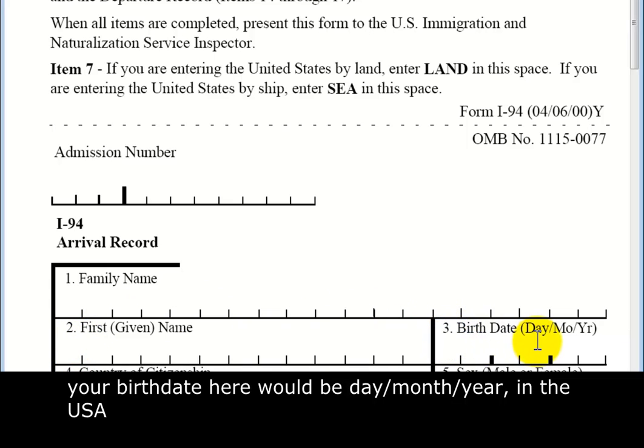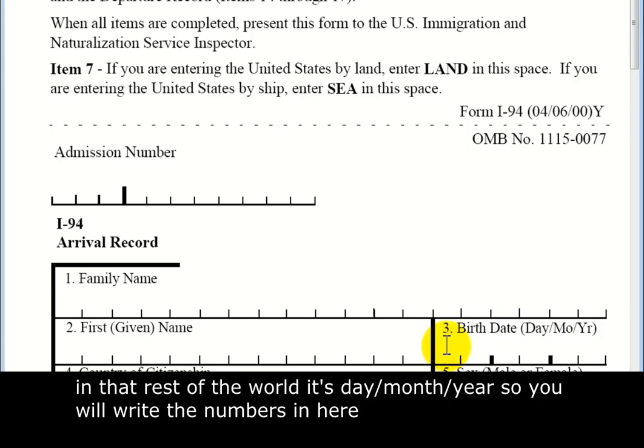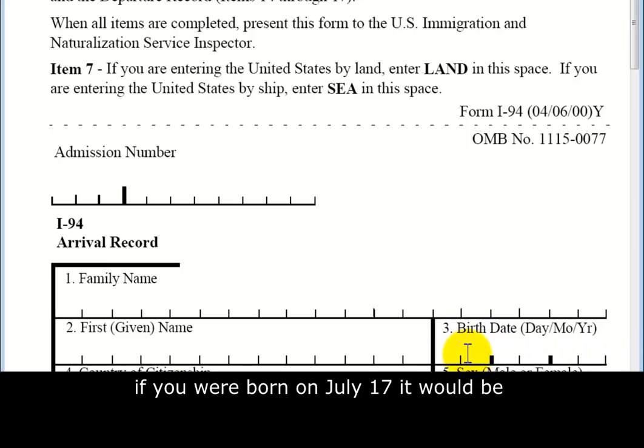Your birth date here would be day, month, and year. In the US, it's usually month first, and then day, and then year. But immigration understands that in the rest of the world it is day, month, and year, so you will write the numbers in here. If you were born on July 17, it would be